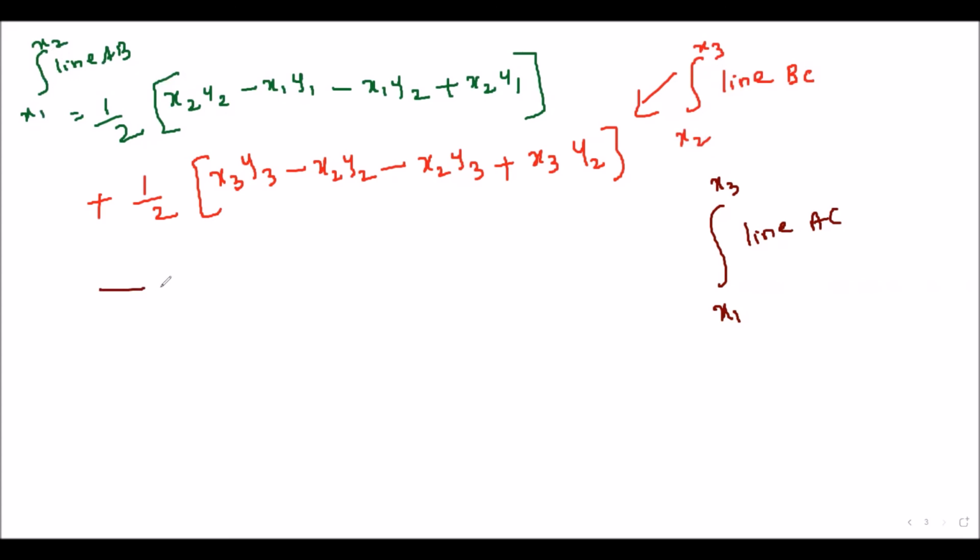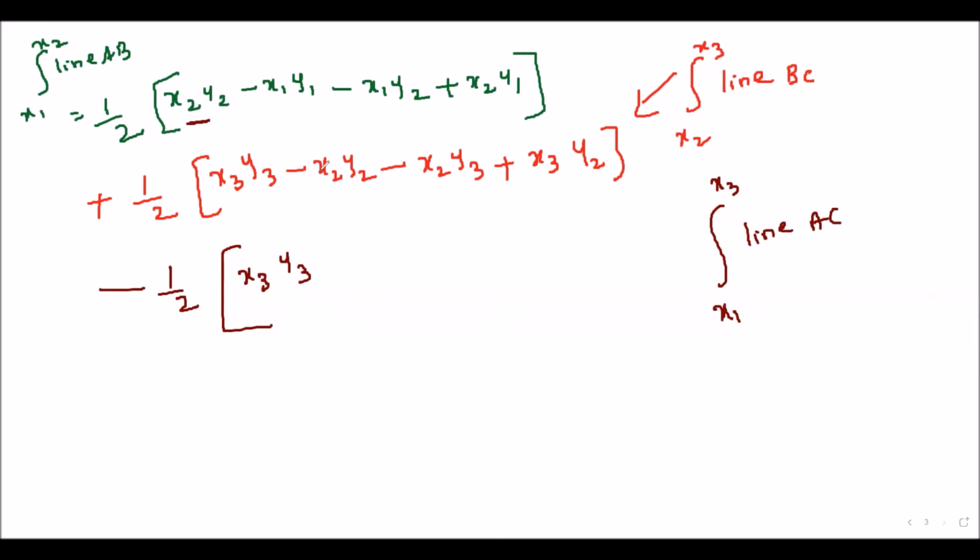And the third part has to be subtracted, as you have seen. So half into bracket. Now what should you do in the X3 place? Wherever you see X1 to X2, this is the first one you should see. So in the X1 place, you should substitute X1 only, and wherever you are seeing X2, you should replace it with X3. From the first one you are doing, so it is X3, Y3. This part, X2 should be changed as X3, Y3.